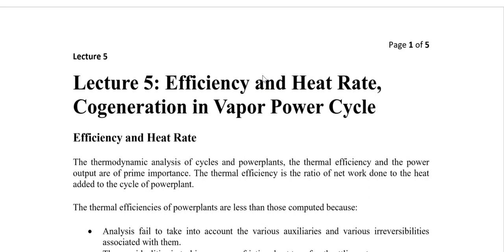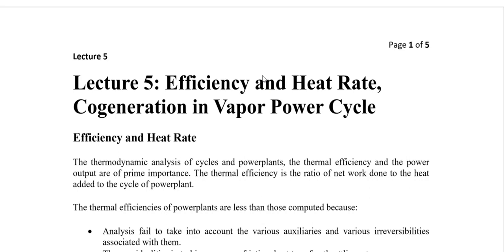Normally, in thermal analysis of the cycle of a power plant, the efficiency of the power plant and the power output of the power plants are of main importance. Thermal efficiency is obviously the work done divided by the heat supplied to the cycle of the power plant. But normally, what we have computed in this course, the thermal efficiency of power plants, is